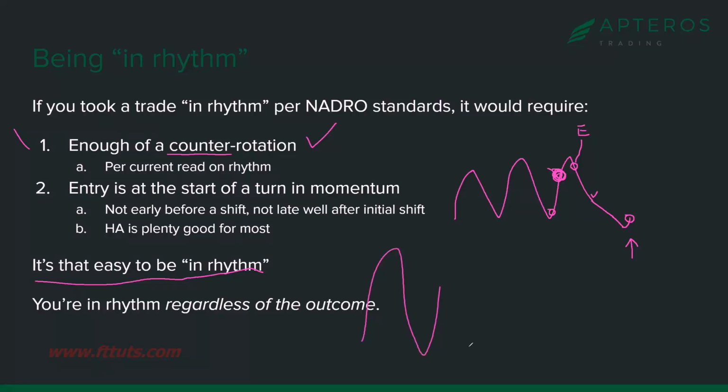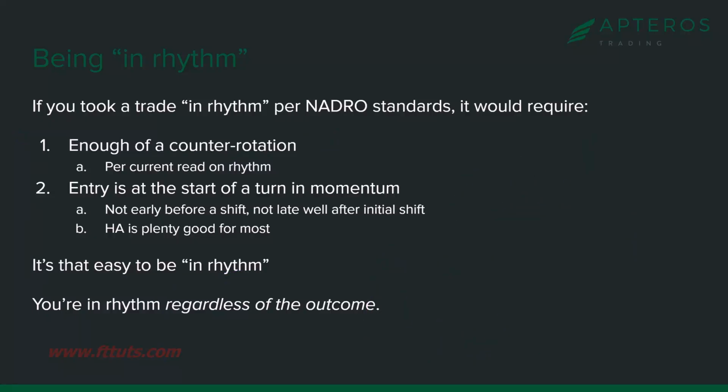What's the general ebb and flow? Did we get enough of a pullback? Now, has there been a shift in momentum? Some of you are like, oh my goodness, maybe rolling your eyes. I don't know what the perception is, but I can tell you that this is going to be very helpful to a lot of people.